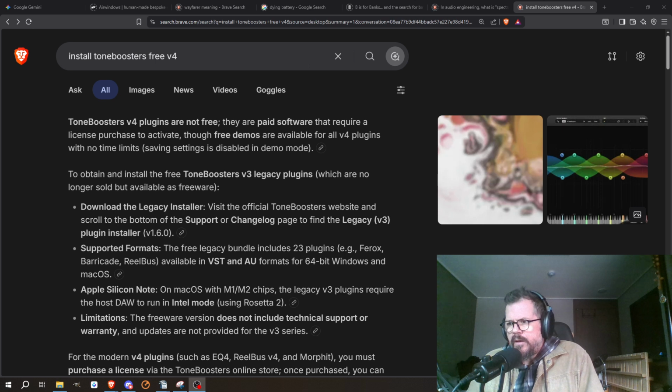I saw your comment about ToneBoosters Real Bus. It seems to me that you figured out how to get the legacy pack, the version 3 legacy pack, which I'm pretty sure you can get from a number of places. But the V4 plugins that you can get, maybe it's not quite so obvious. Anyway,